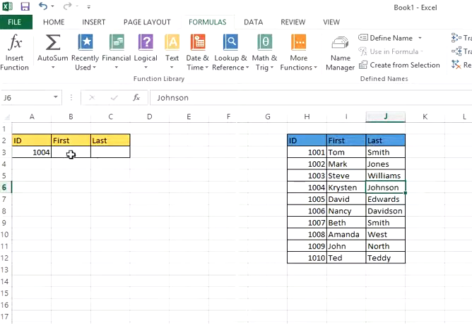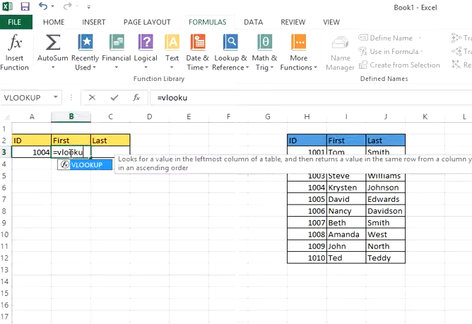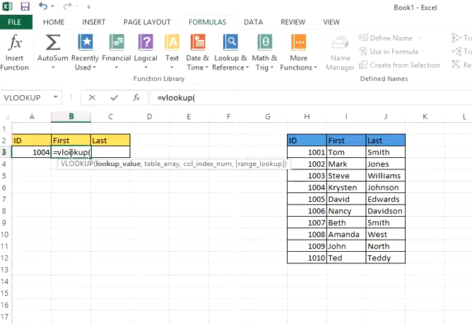So to do that, let's come into this cell here, B3, where we're going to put the first name, and we'll start typing the formula. It's written in the same way as all other Excel formulas. It starts with an equal sign, and then we name the function we want to use, which is of course VLOOKUP, and then we open the parentheses, in the same way you would with a sum function, equals sum open parentheses, or a count function, equals count open parentheses. We're using a VLOOKUP, so it's equals VLOOKUP open parentheses, and it gives us